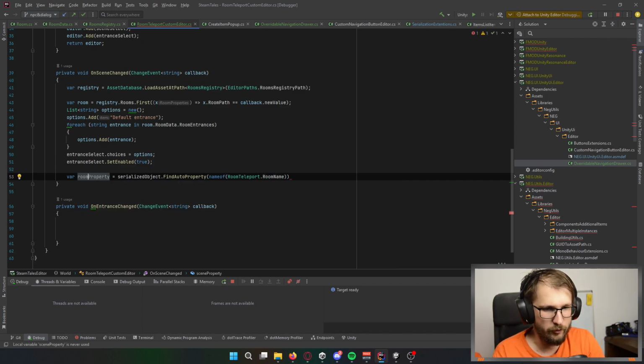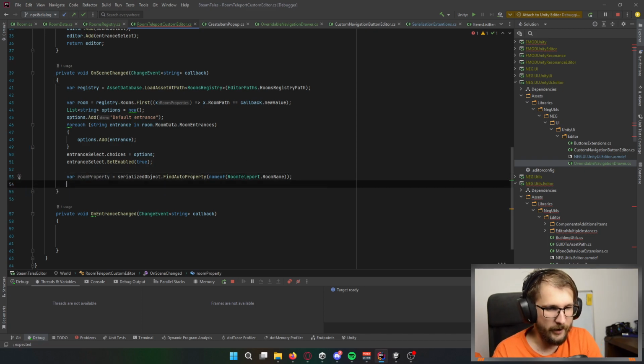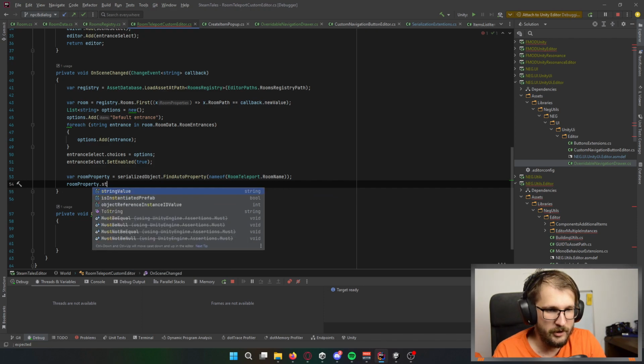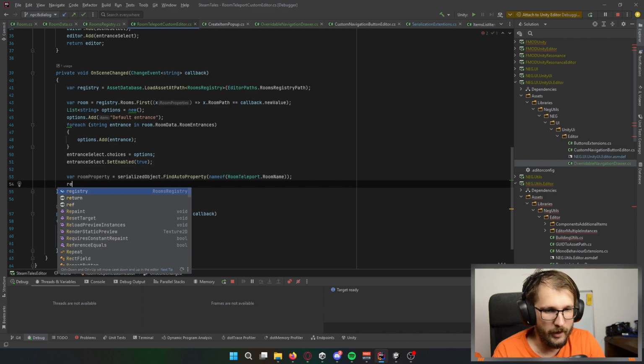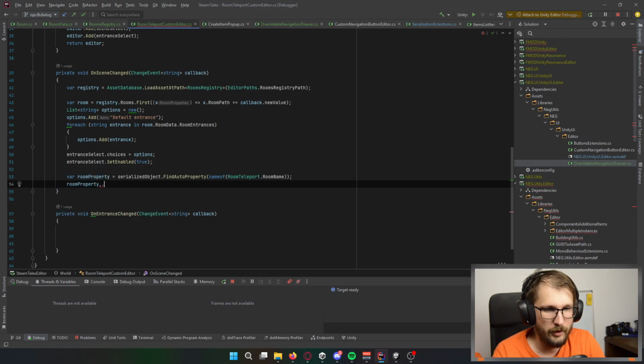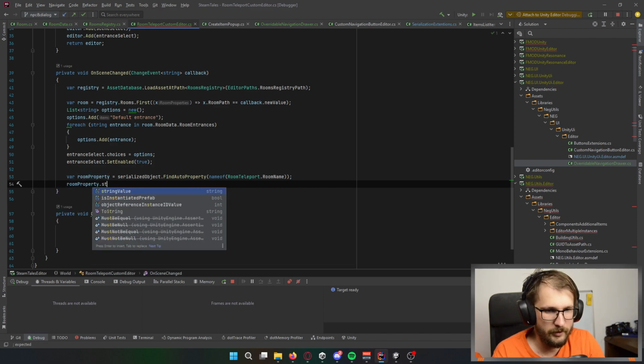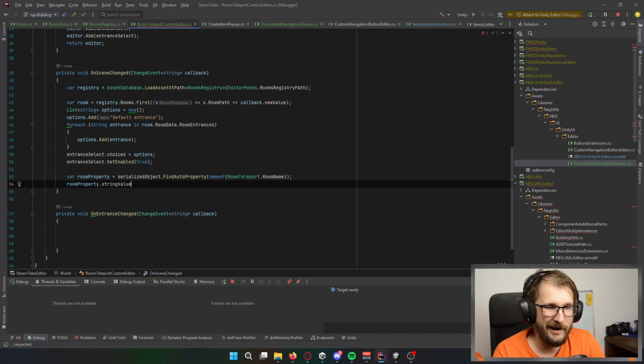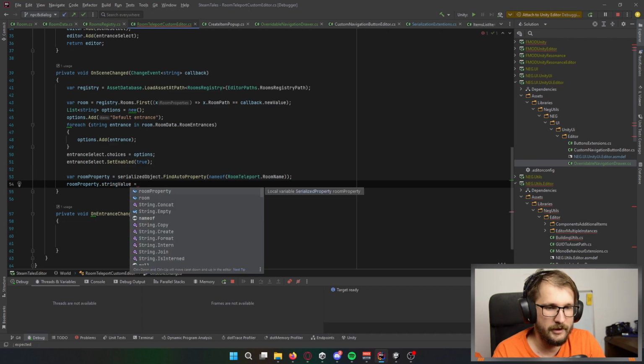Let's stay with room here. Okay, I've got my property. So it's a string value. So I want to set its string value to, what? I want to set its string value to